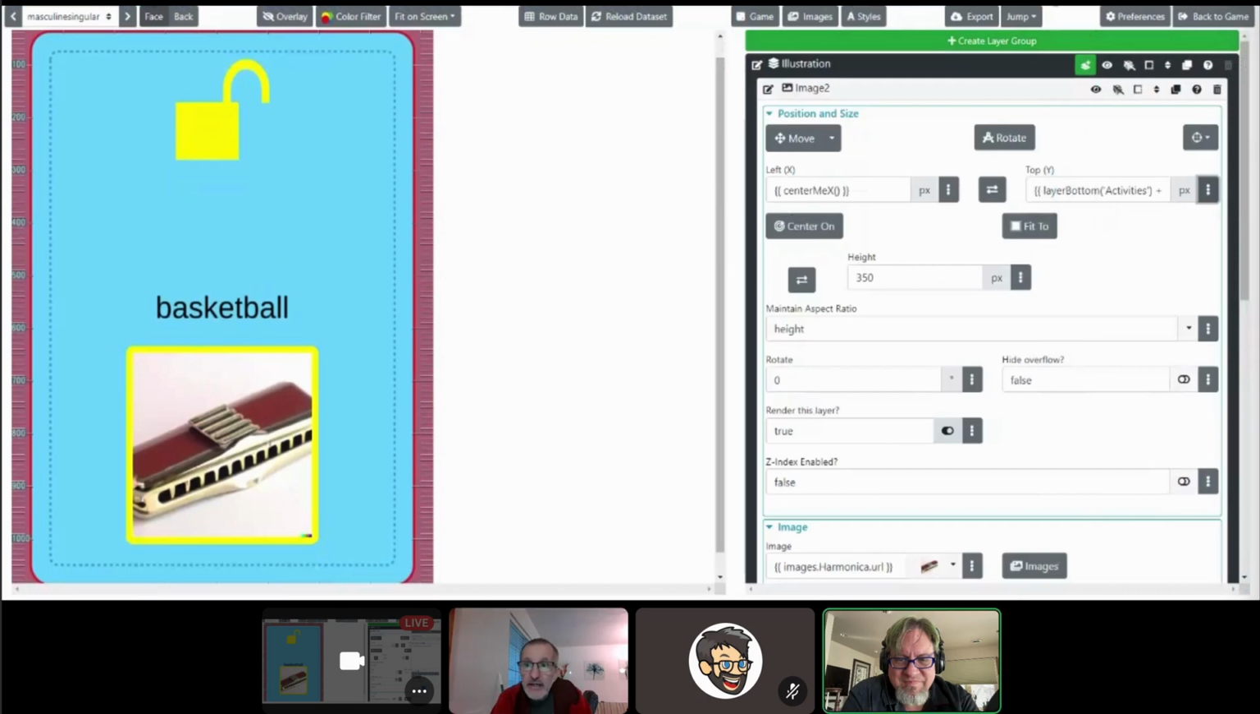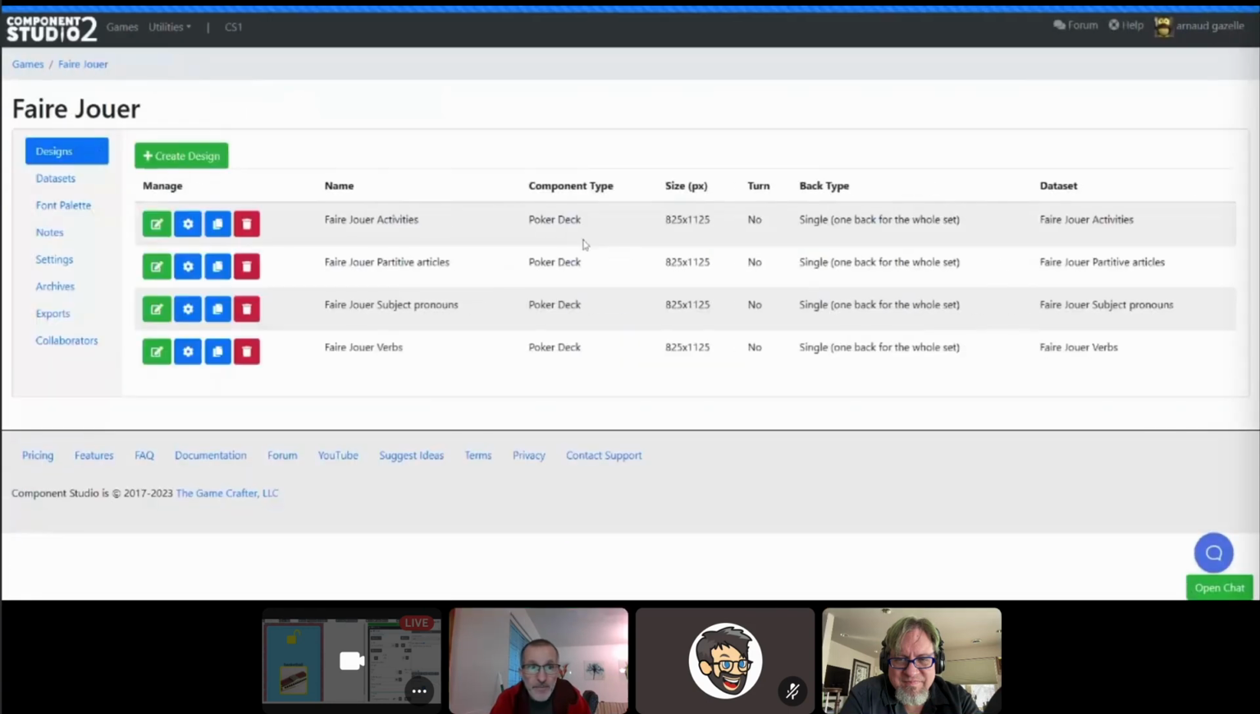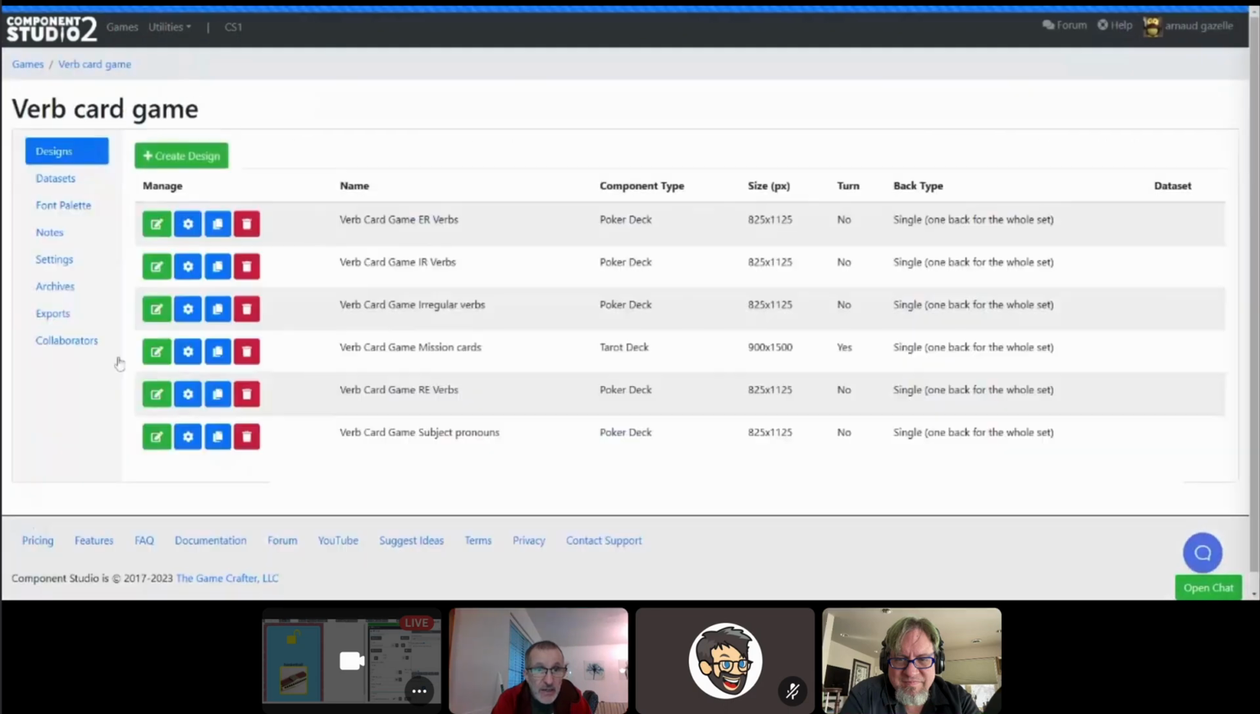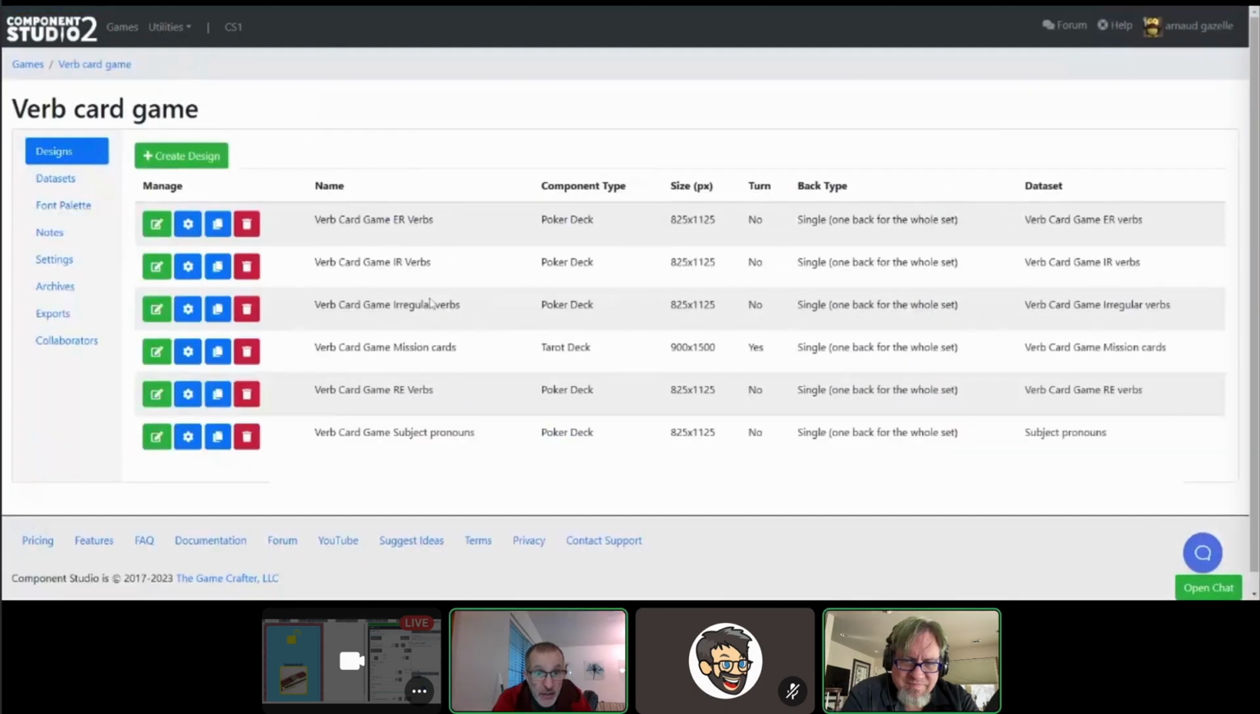Yeah, I think so. I had one thing. So that was in another game, which is the verb card game. So what I have here is going to be a card game like a deck building game. And so the students will have subject pronoun cards